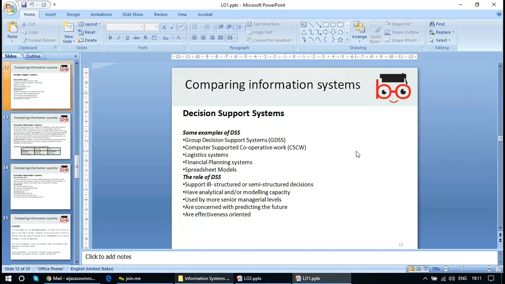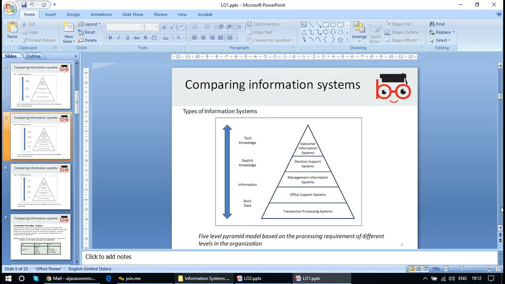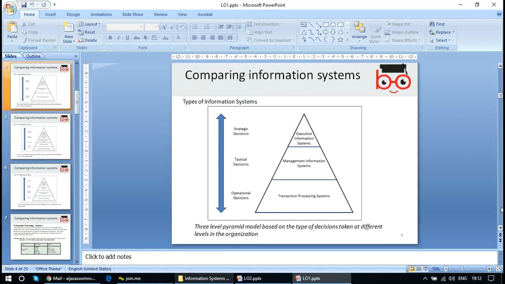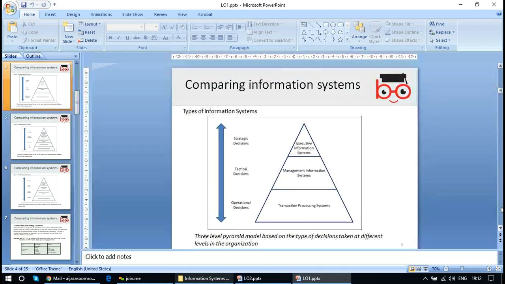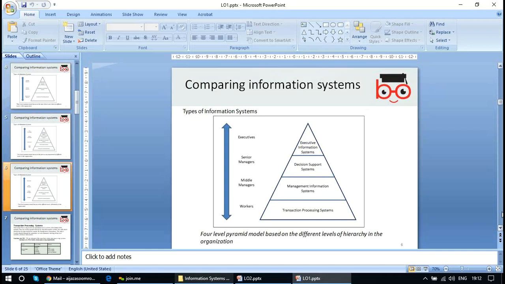Like, we definitely discussed the pyramid in 3 level, yeah, I remember that. Yeah, and then 5 level, and then 4 level. So each was classified